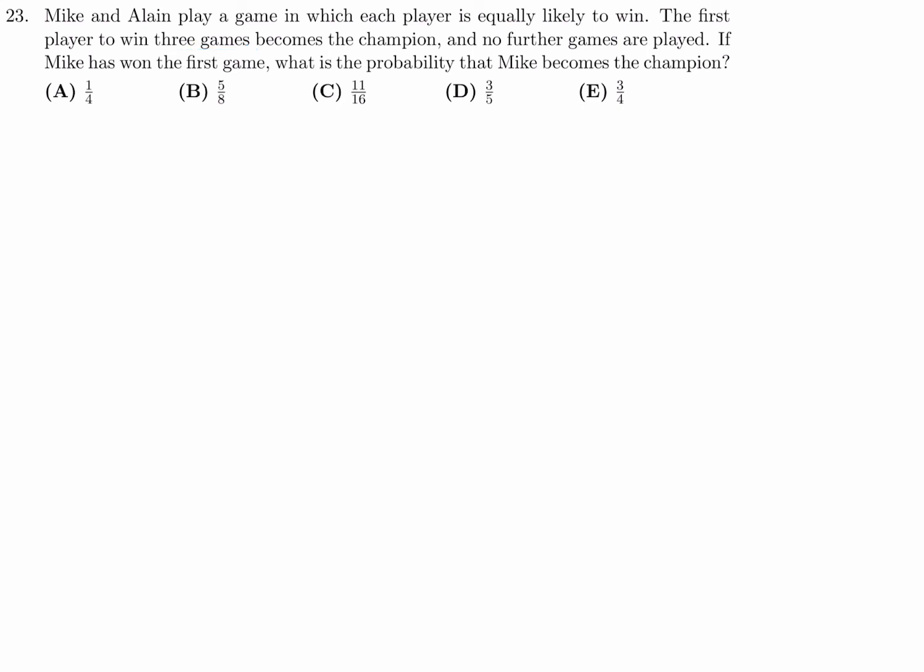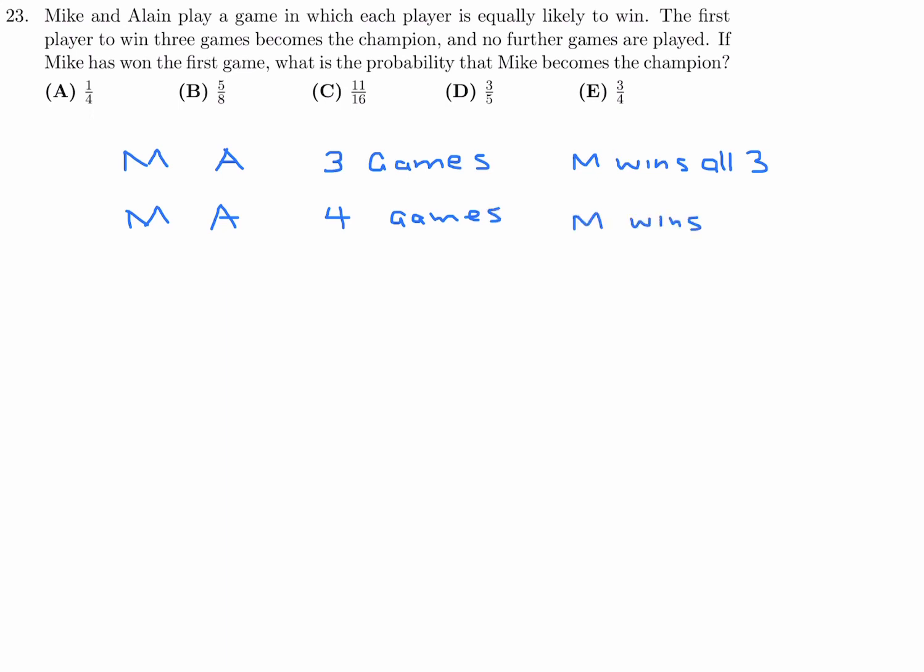Okay, so we have a few scenarios. The first scenario is that Mike and Elaine play only 3 games, and Mike wins all 3. The other scenario is that there's 4 games in total that they play, but Mike wins 3. Obviously, he has to win 3, but Elaine wins one game. The other scenario is Mike and Elaine play 5 games, but then the distribution for Mike and Elaine is